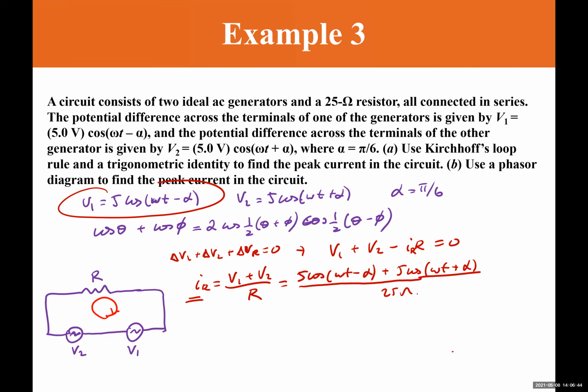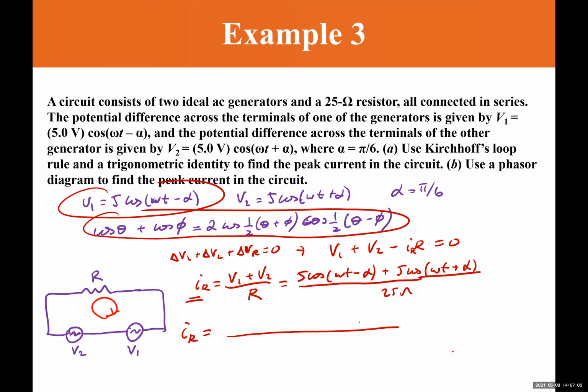One thing we do here is use this identity for the voltage sum. Then from here I can rewrite this as I sub R, the current through the resistor, equals